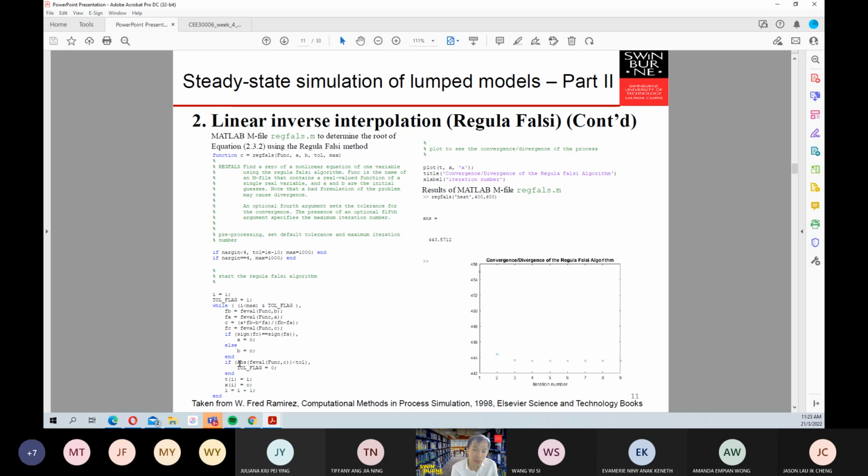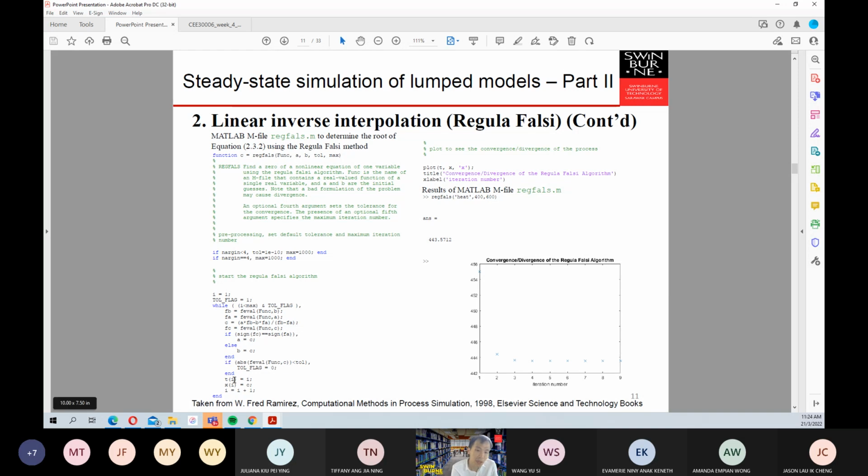Then this will next calculate if the absolute value of the function evaluation at C is less than tol, less than 0.000001. Okay, then the tol flag will be equal to 0. If this tol flag is equal to 0, meaning you will go out of the loop, because in the beginning you said that this one is equal to 1. So if this tol flag is no longer equal to 1, if you set it equal to 0, then this loop will be surpassed. So you will go out of the loop.